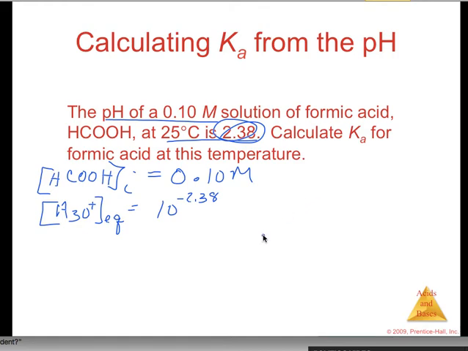Okay, so calculating Ka for this, it's a simple matter of constructing an ice table. If we find the concentration of the hydronium ion by doing 10 to the negative pH, I get that concentration as 0.00417 molarity. Setting up the equation,